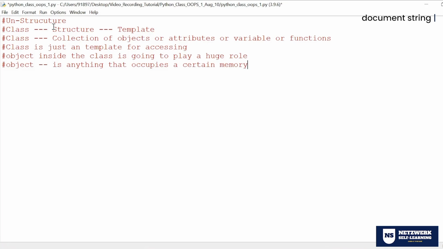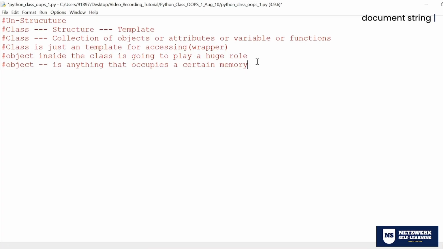Whose objects? Students and staff are the objects. The actual interaction and conversation happens between the staff and the student, but the classroom is just a template to assemble everyone. When people have to sit together to listen to something, they go inside a class and listen. To have uniformity, it's a kind of wrapper. A class is a template or wrapper, and inside a wrapper you keep everything.